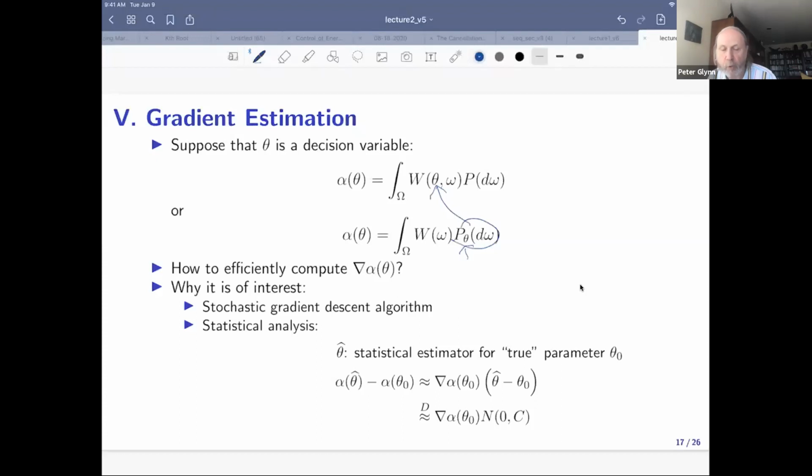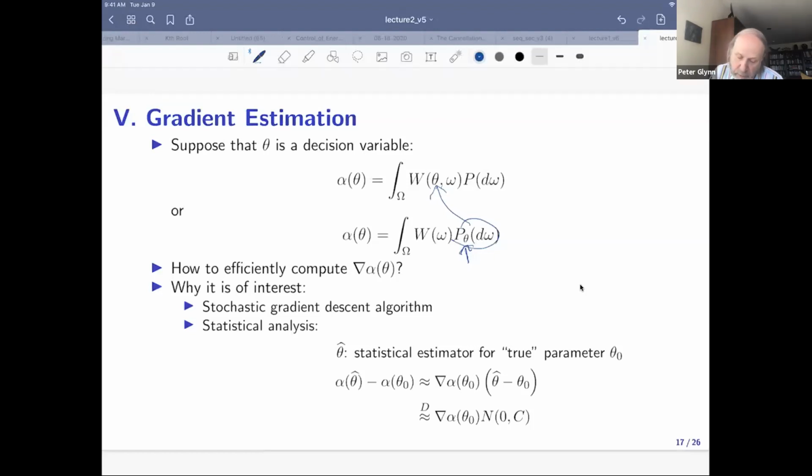So for example, in the case of normal random variables, we can imagine dependence in, let's say, the mean as either being represented, for example, in the probability density function underlying the normal random variable. That would correspond to the dependence on the mean parameter, let's say mu, sitting in the P theta. The other thing that you could do is, you know that normal random variables can be realized with the mean sitting in as a location parameter. So take a normal 0, 1 and add mu onto that. That is another way of representing a normal with a